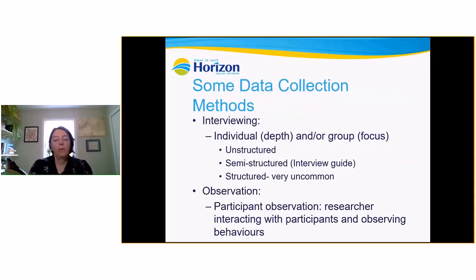And so obviously, depending on what you choose as your approach, that informs your data collection methods. You can use multiples of these for many of those approaches, but you can see how some of them lend themselves in particular. So phenomenology interviewing is a great way to explore people's lived experiences. You ask them directly about them and they'll tell you. And so in interviewing, you've got the individual